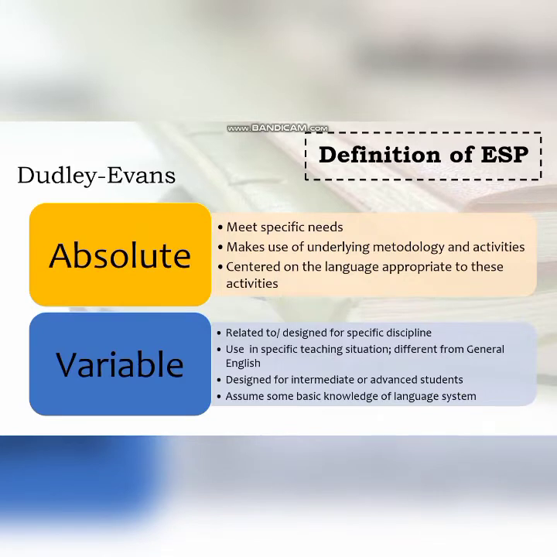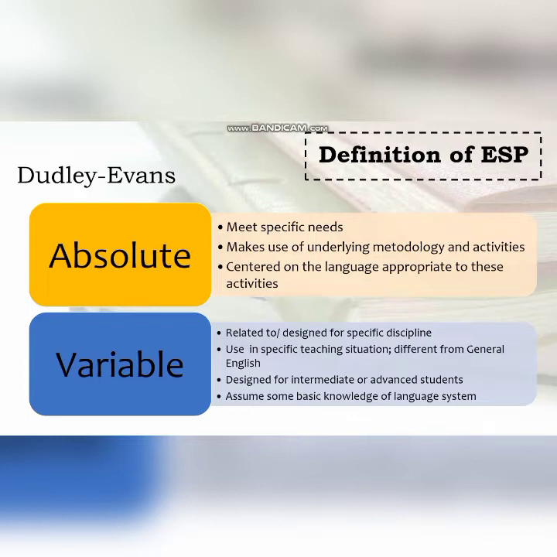Okay, the last definition is from Dudley Evans. He differentiated the definition of English for specific purposes into two characteristics. The first one is absolute characteristic and the second one is a variable characteristic. In absolute characteristic, it is meet the specific needs. It is not much different with what Stevens proposed before. It is also makes use of underlying methodology and activities, and it is also centered on the language appropriate to